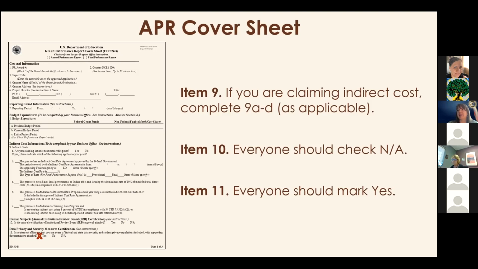Item number 11, that last little X there on the bottom of the screen that just popped up, this is the last on the page, but it is very important. This is about data privacy and protection. So everybody is going to click yes for this one. And we also need you to include the corresponding policy that shows that those securities are in place. That can often be found in employee handbooks or those kinds of manuals. So you can just scan a copy of that or an excerpt of that and then upload that into G5.